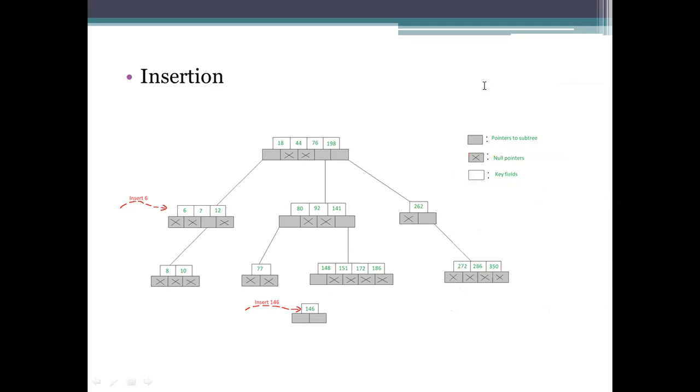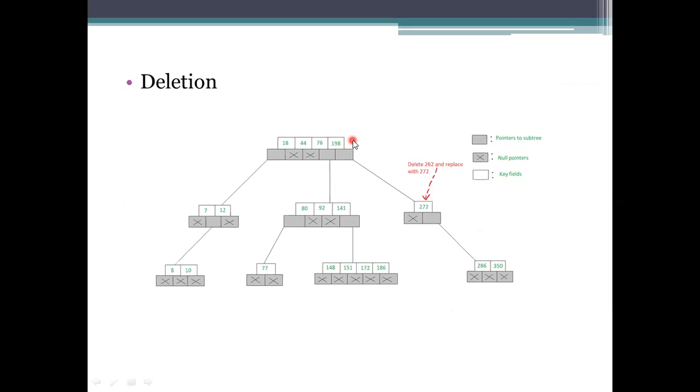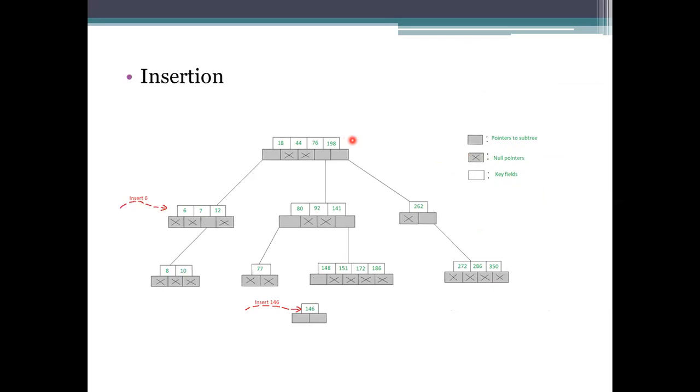So that's the insertion. Getting to the next one, there is a deletion. Before deleting, if it is possible, we need to make the replacing here. If not, you just leave it. You see the previous one, 262 has to be deleted. If you are deleting the 262, what happens here? We need to make this one reserved. So here we need to make the parent node for this connectivity, and then later we need to delete this node here.